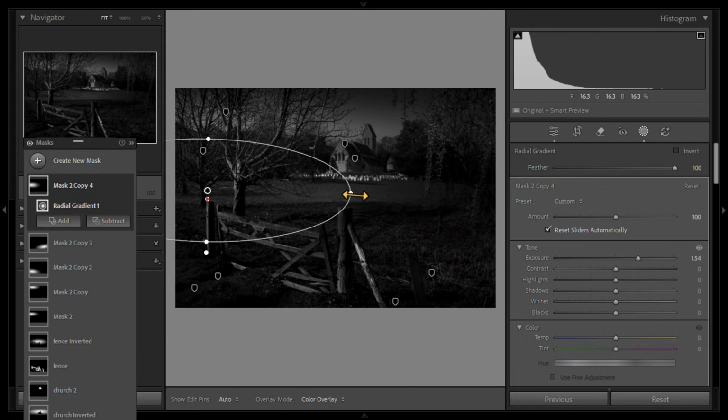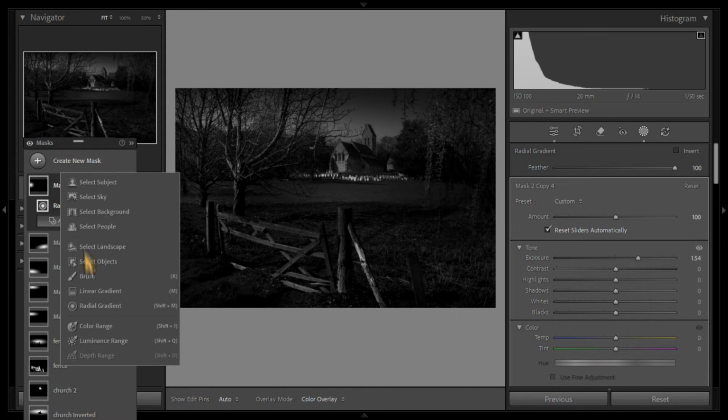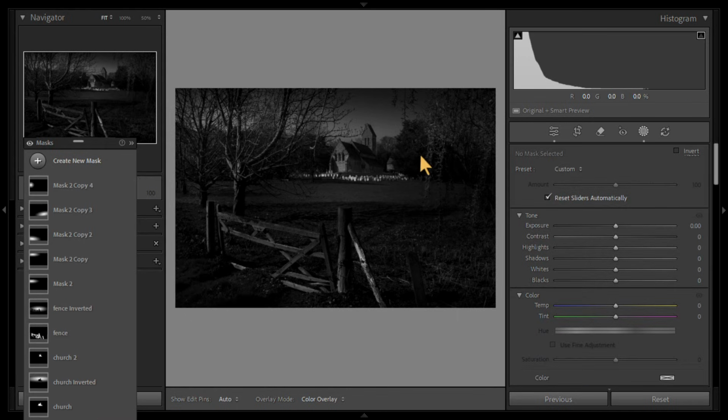What you don't want are too many blobby bits, because when you lighten the whole image you'll get big spots of light areas which you don't really want. So you want to avoid that. As long as it looks okay like this, then it should be alright when you go into your basics panel. Right, let's just select another radial gradient,